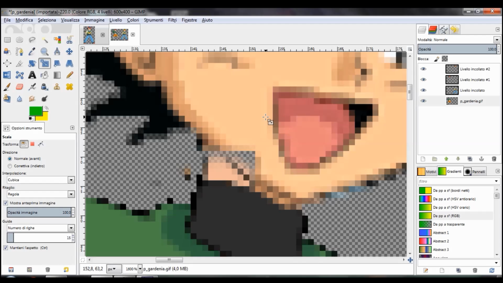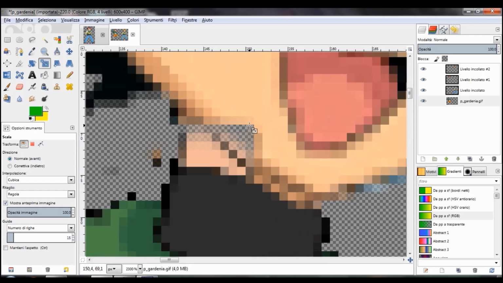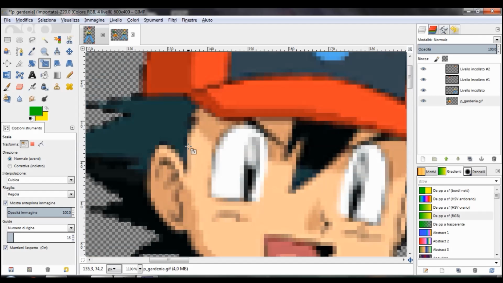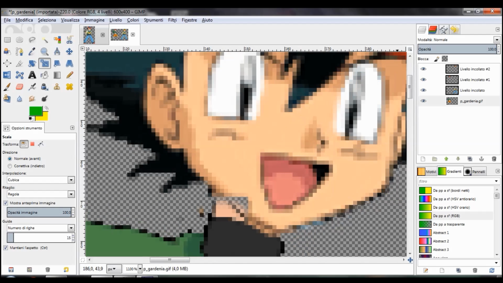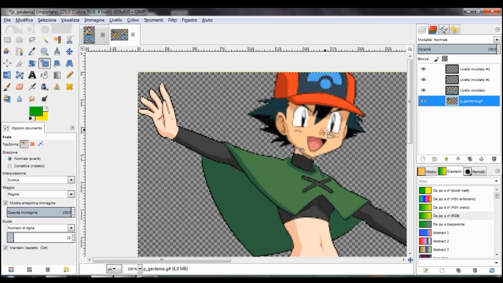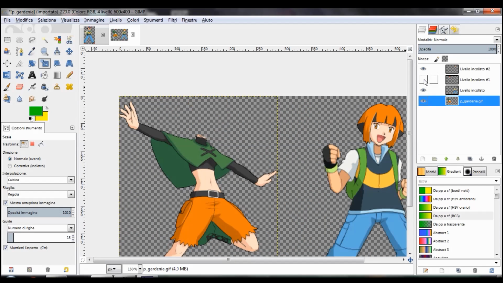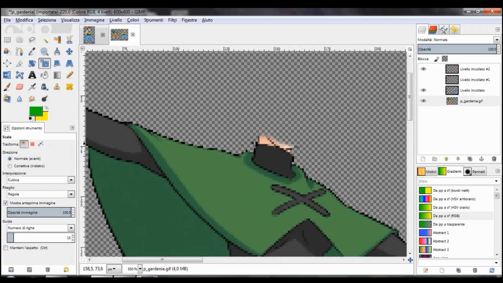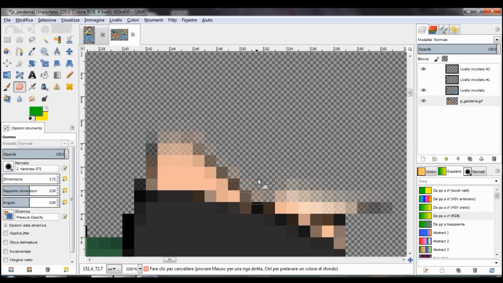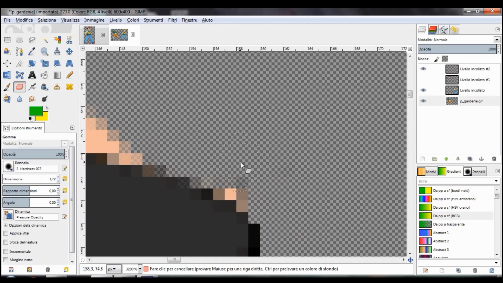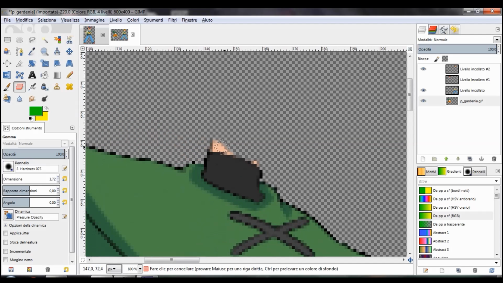Oh my goodness. Okay, now we need to be a little bit more precise, so I would like to just see one of the two layers, not both. And to do that I just click on the eye icon. Which layer is this? Oh, it's the other body. Okay, let's just analyze the situation. Ooh, okay, we need a really small rubber to delete this with precision. Try to get rid of the black borders of the old head too, and